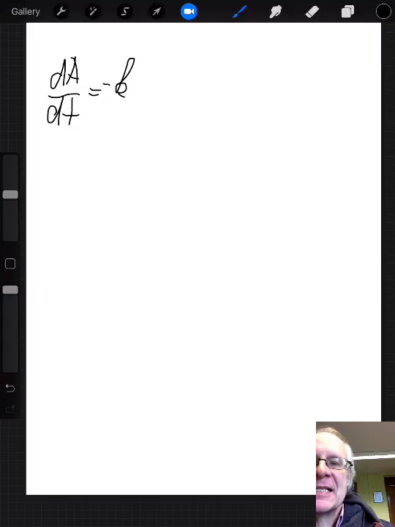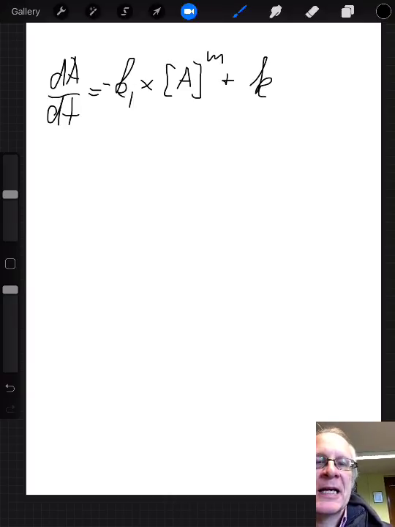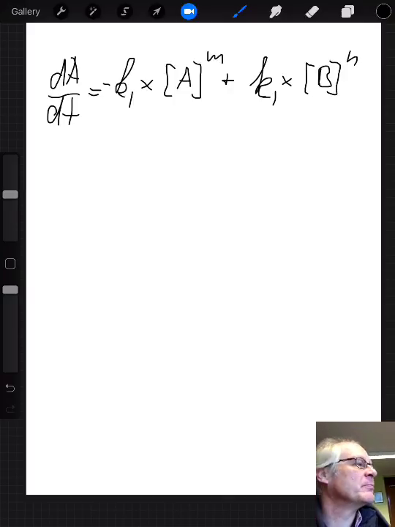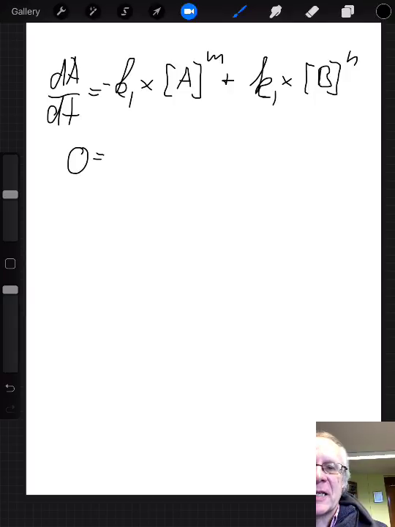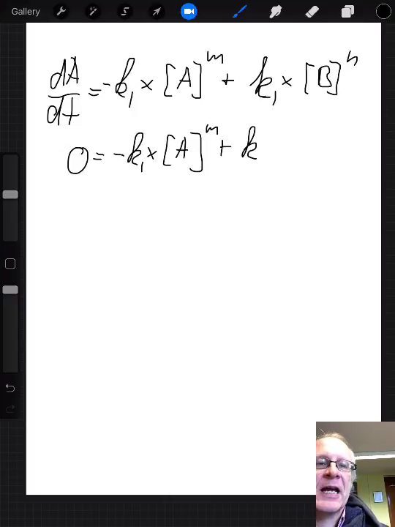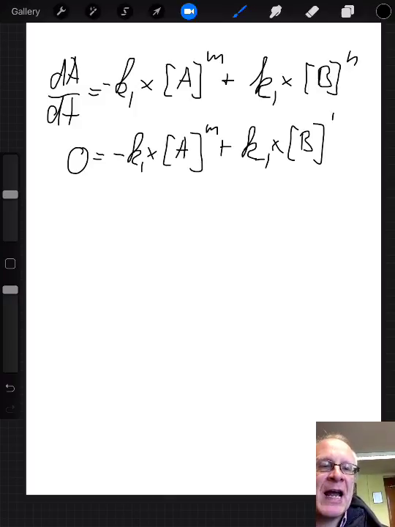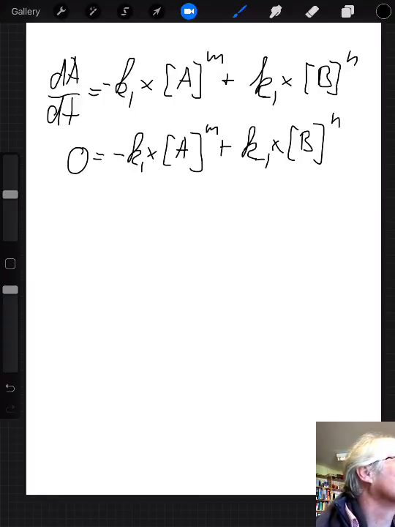dA/dt equals minus K1 times A to the power of M plus K minus 1 times B to the power of N. And if they are both the same, we have 0 equals minus K1 times A to the power of M plus K minus 1 times B to the power of N. Or I can